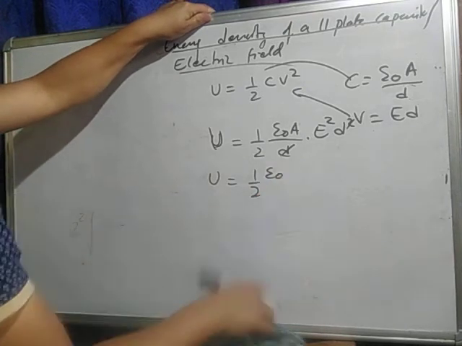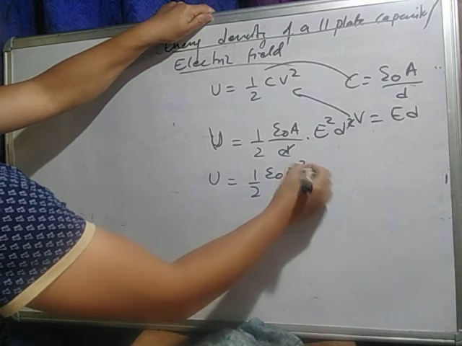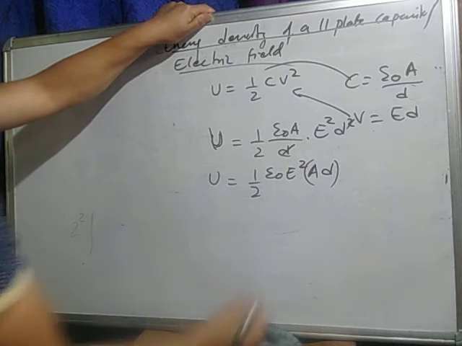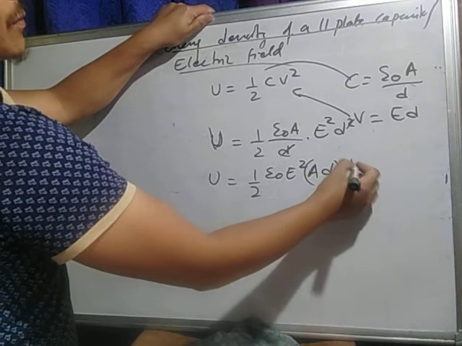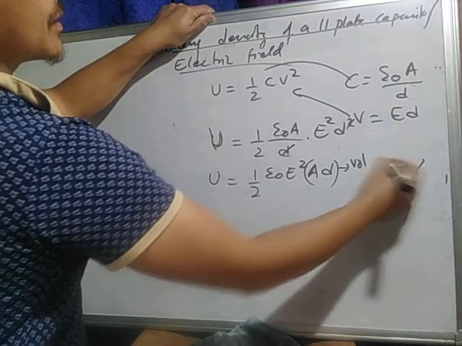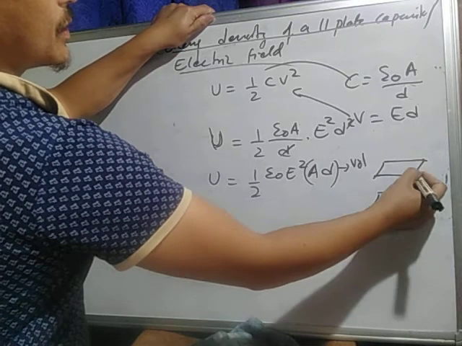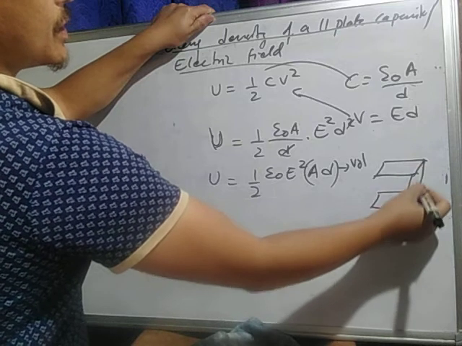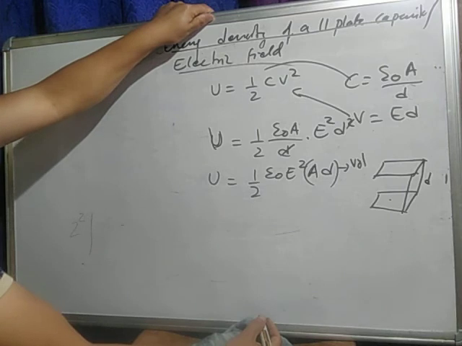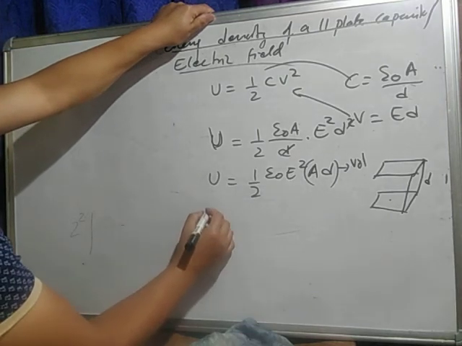Let me just arrange it. Epsilon naught E square A D. See, A D equals to how much? A into D is your volume. Why? Because A is the area of the capacitor and D is the distance, isn't it? So A into D is your volume, isn't it? Right? So U equals to